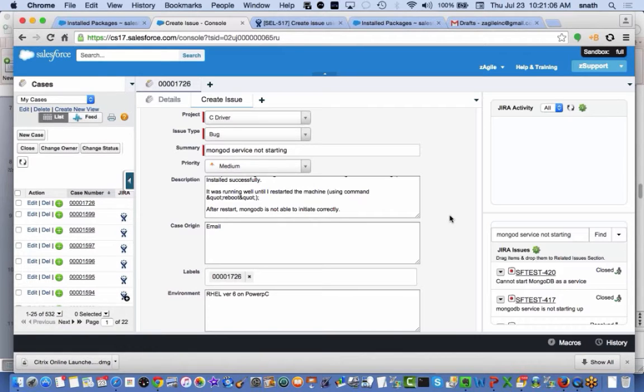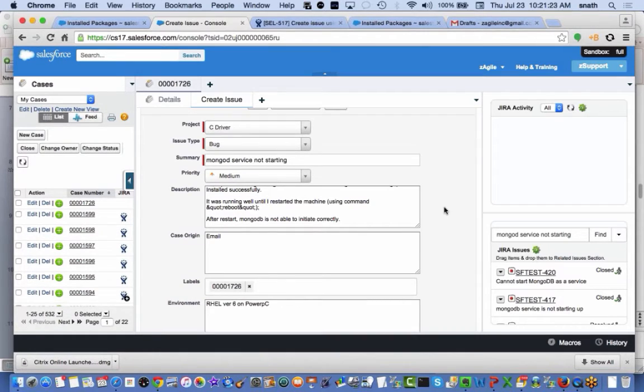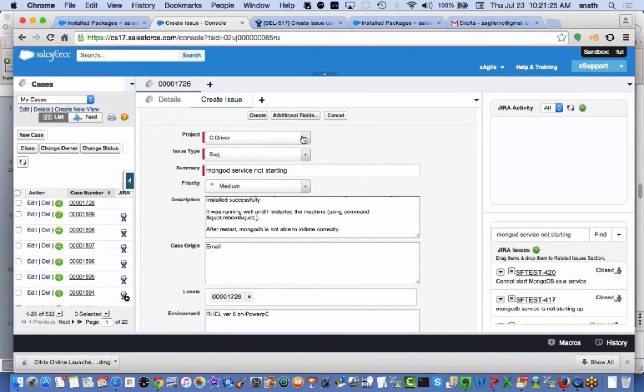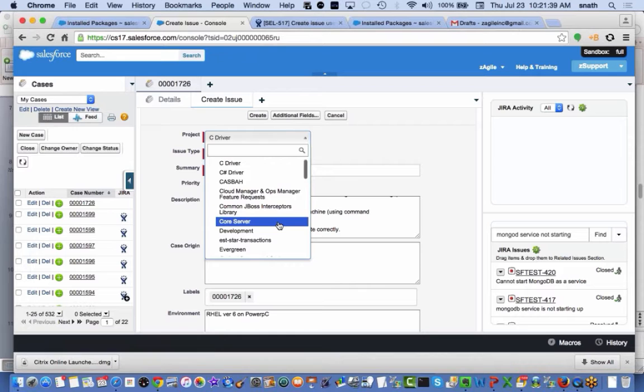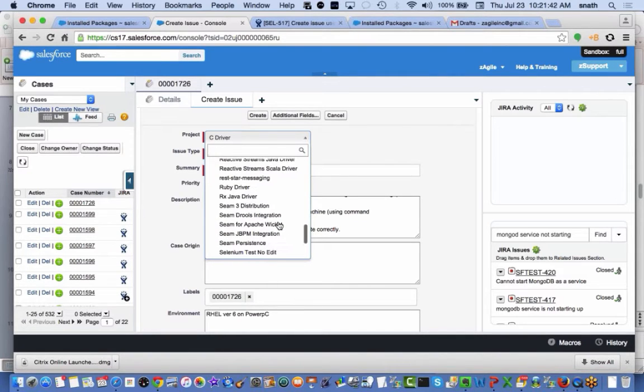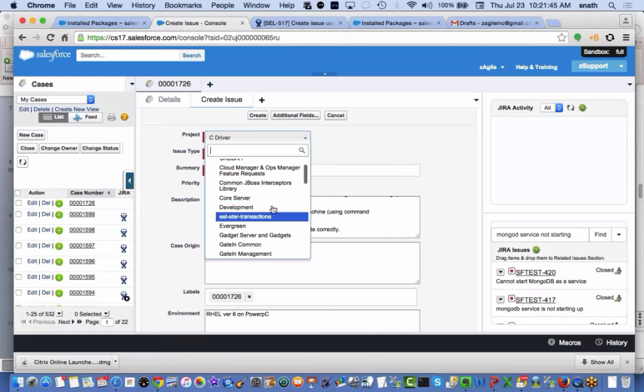mapped as in where from an existing case field, information is being copied to some corresponding JIRA field, whether it's a standard issue field or a custom field. And then, of course, there are also required fields that are displayed here. So for starters, you have projects. So we show you basically the default project that you have selected that you want to create the issue in. But you can also have a list of all of the others that are available to you if a different